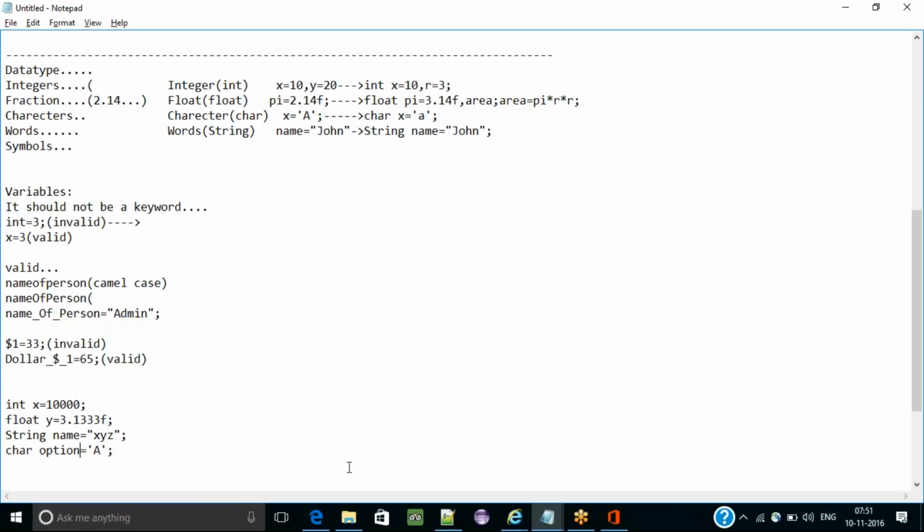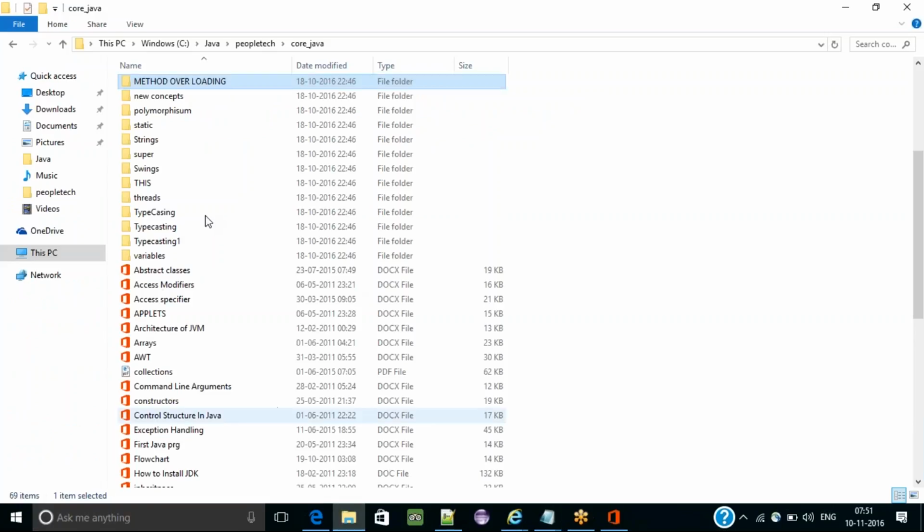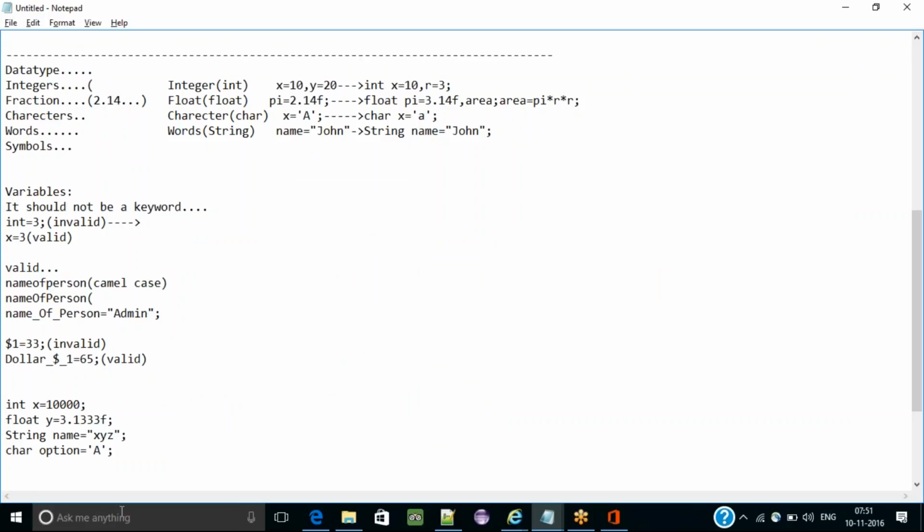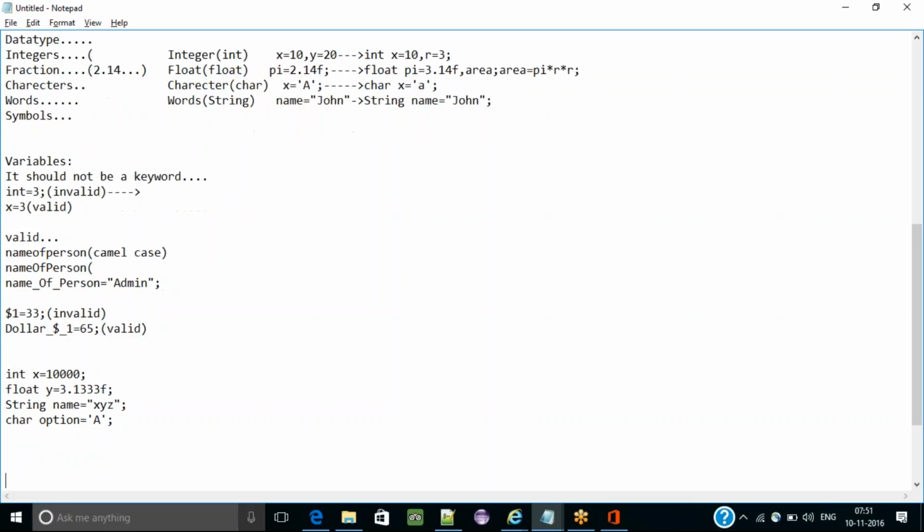I will take tomorrow about this installation, reserved words, the list of reserved words. Everything we'll see tomorrow. So today we are just going to walk through how the programming code looks and what is needed there. If I ask you to perform addition of two numbers, and the numbers are x equal to 1 and y equal to 2,